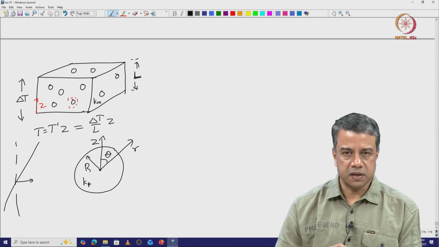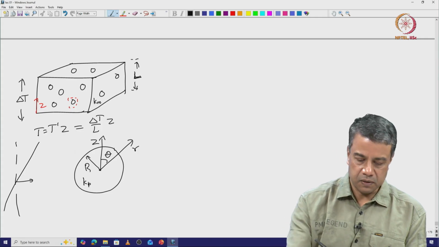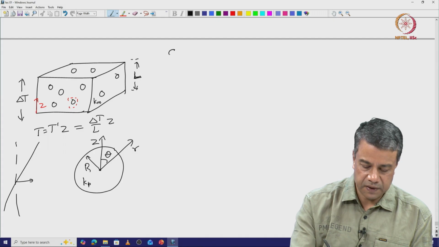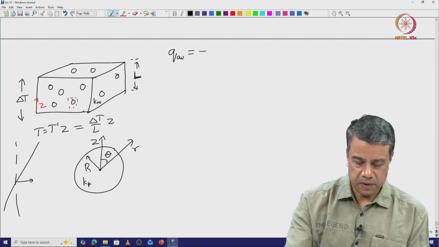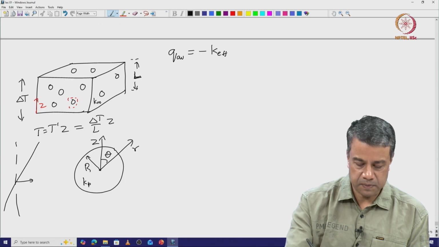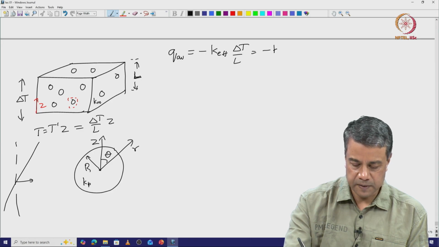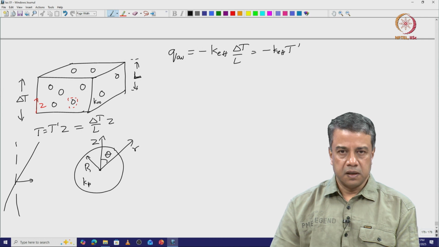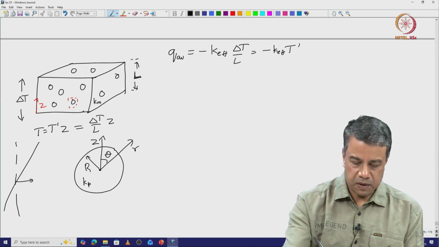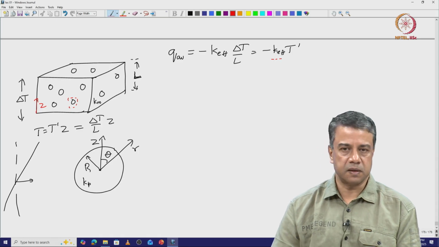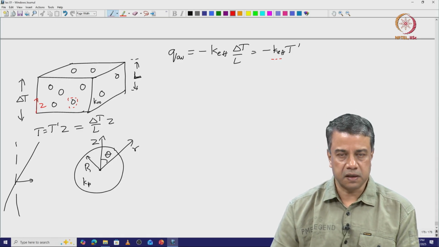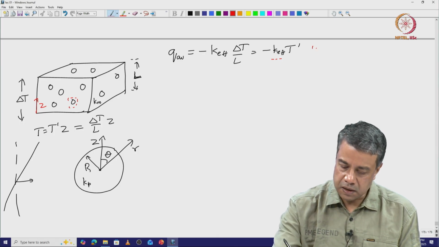We had done a calculation in order to find out what is the effective thermal conductivity of the form Q average is equal to minus K effective times delta T by L, which is equal to minus K effective times T prime. So, what we wanted to find out was how this K effective is related to the particle and matrix thermal conductivities and the particle volume fraction in the dilute limit